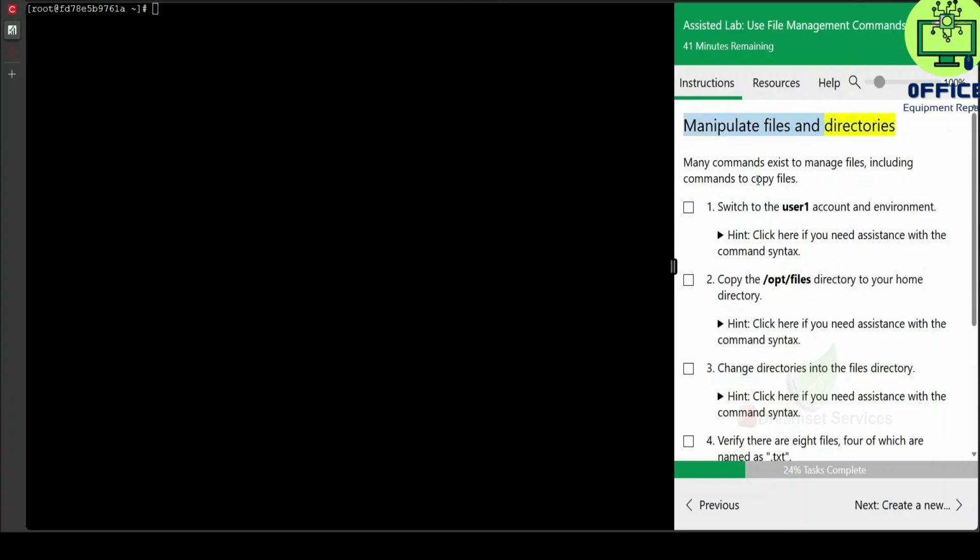Manipulate files and directories. Many commands exist to manage files, including commands to copy files. Switch to the user1 account and environment. Hint: